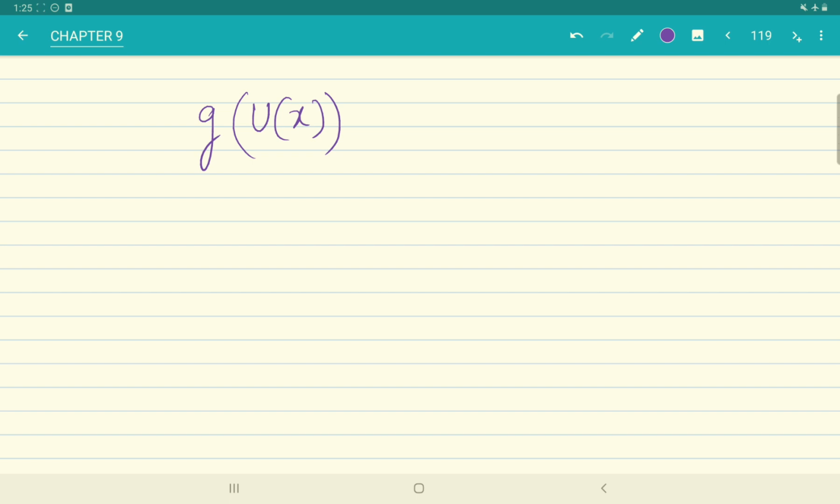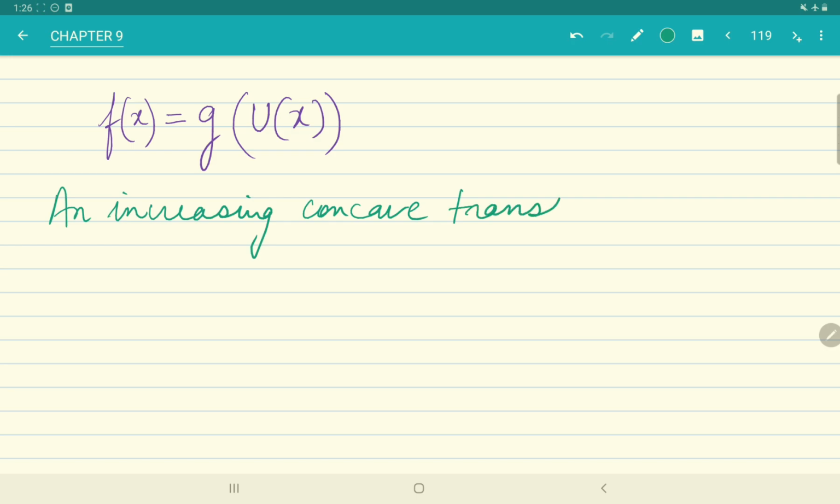Why do I say that? Because g is increasing and concave. We know that f of x is this, and I know that the second derivative is less than equal to 0. That just means that I can say here an increasing concave transformation of a concave function